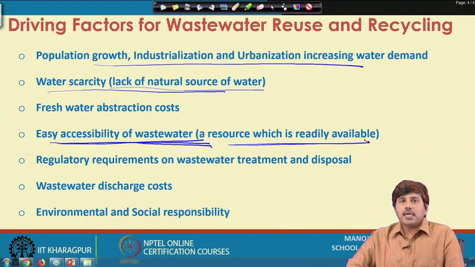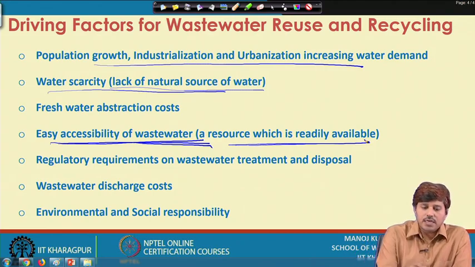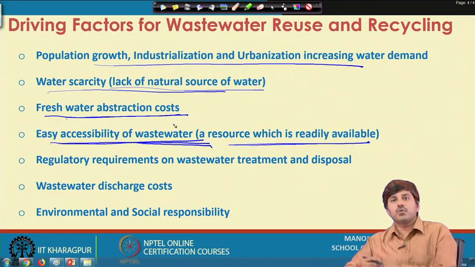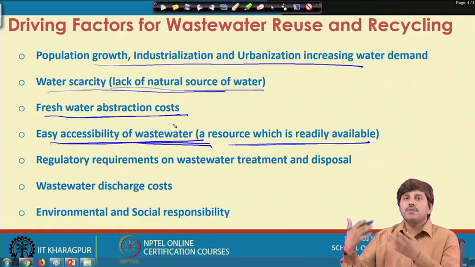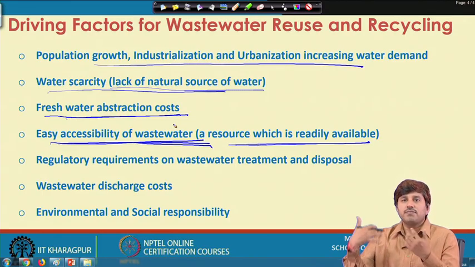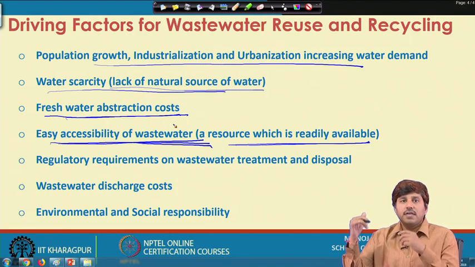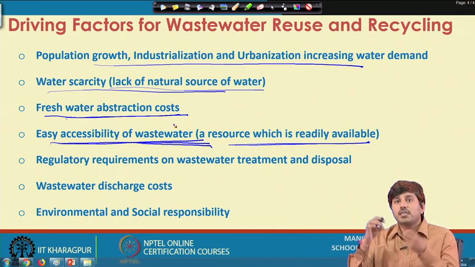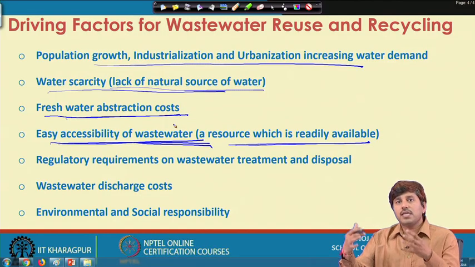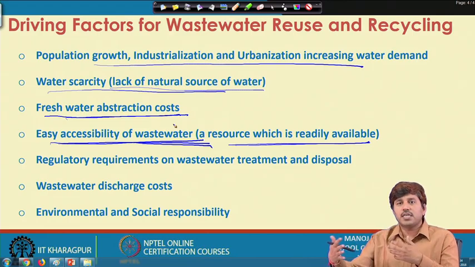Now, apart from this, there is a freshwater abstraction cost. So, when we go for meeting freshwater demands, we have to withdraw fresh water from the resources. Let us say we are withdrawing water from a river or from groundwater. There is a pumping cost we have to bear for the intake infrastructure for that purpose. So, there is an abstraction cost, whereas for wastewater there is an associated cost with discharge also. The wastewater that we are producing has to pass through several stages. It is generated at some point, then we have to put it through a sewer network, a sewerage system,